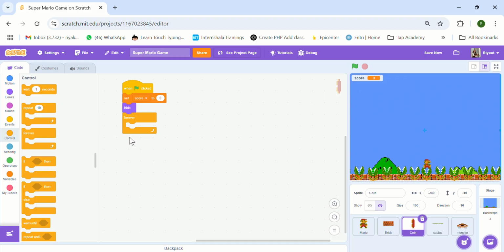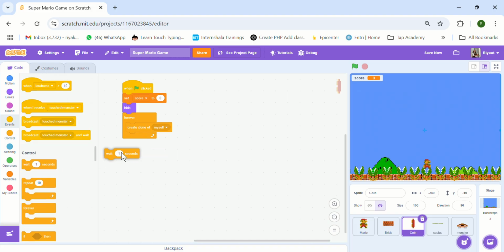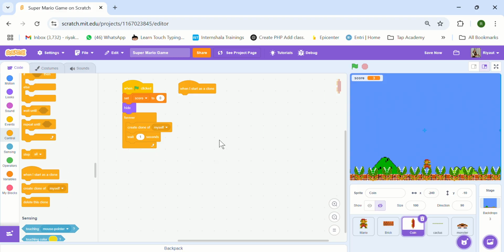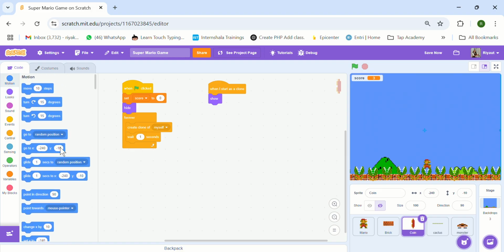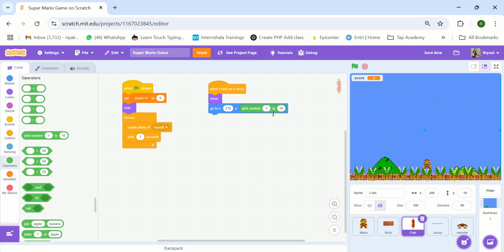So putting a forever block inside it, I am creating a clone of myself every 1 second. Okay. So here also I am going to hide the original sprite of the coin. We are only making the clone of the coin show. So we have to start with this. When I start as a clone, I want to make it show, right? Then I want to set the position here also. So for that you make use of the go to xy block, x value I am putting as 216